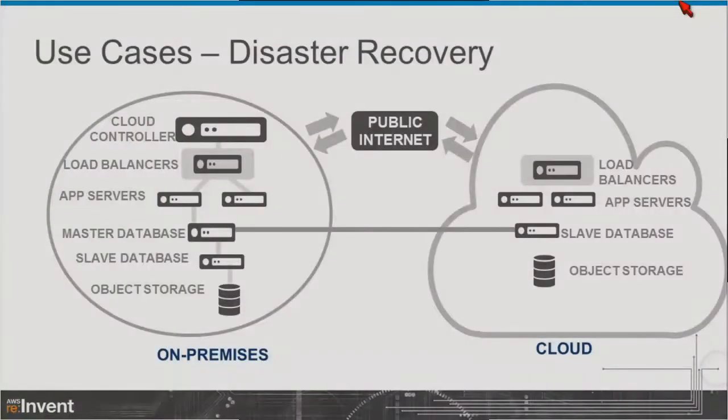And this is where I'll talk a little bit about RightScale real quick, just to give you a concept here. But what this picture is showing, again, is you've got on the left side, you've got your on-premises gear. Everything's running, your apps, all is well. All your traffic is being pointed to your load balancers, and everything is fine. You've got in the cloud, you've got your DR environment. And what didn't show up here so well, and I apologize, is that the slave database is supposed to be